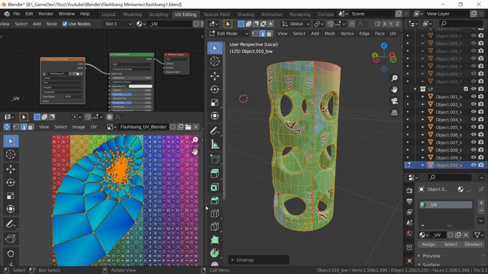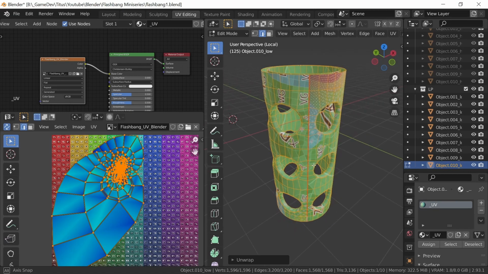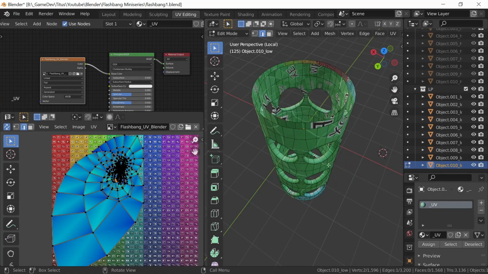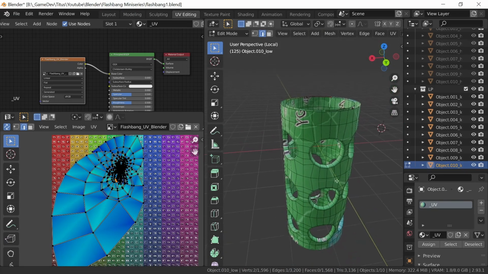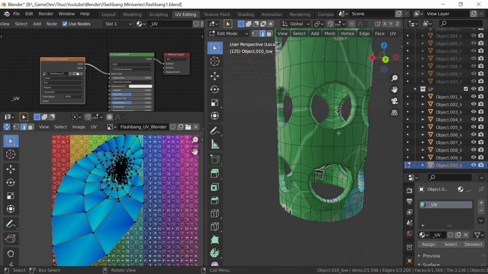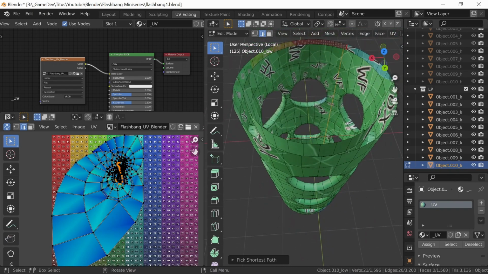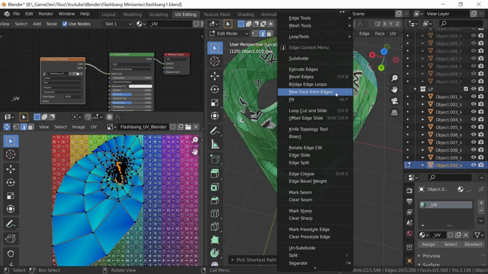So obviously it's not great. There's a lot of stretching, it's really bad. But we also have an inside face. So what we can do is select here, and then bring it down here and Control click. When you Control click, it'll actually follow the line. So you can then right click,